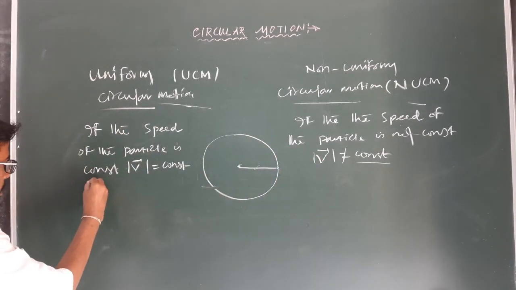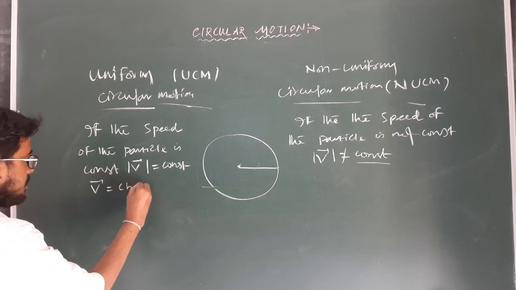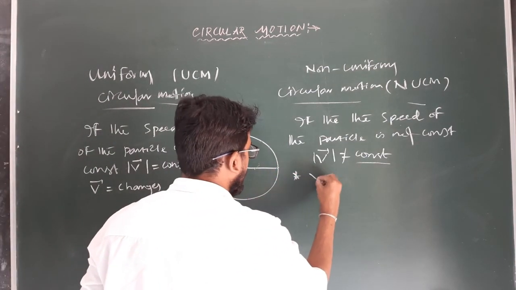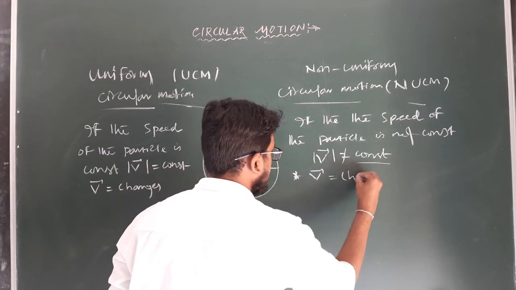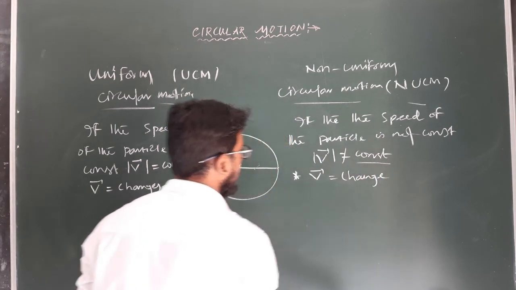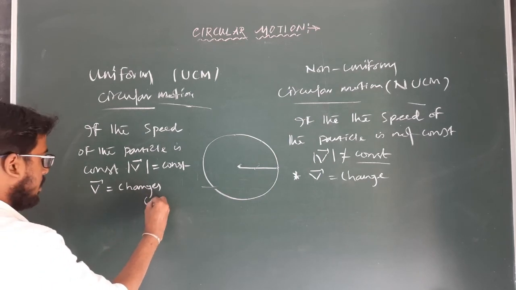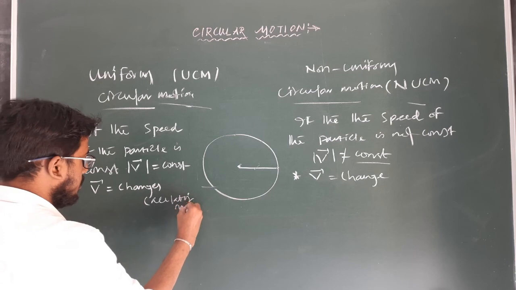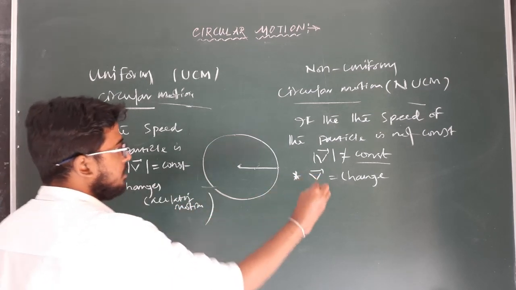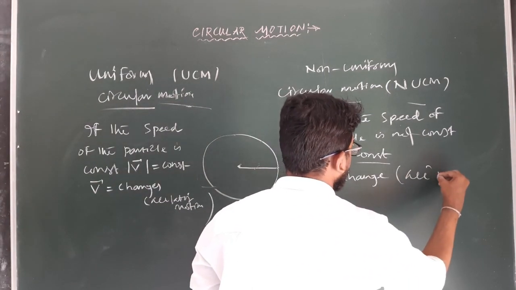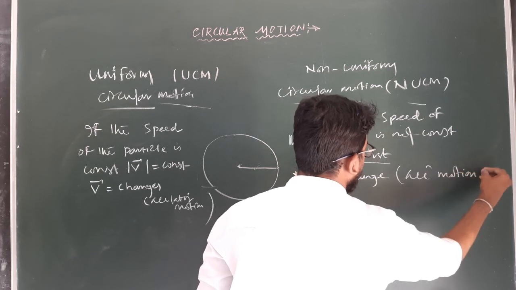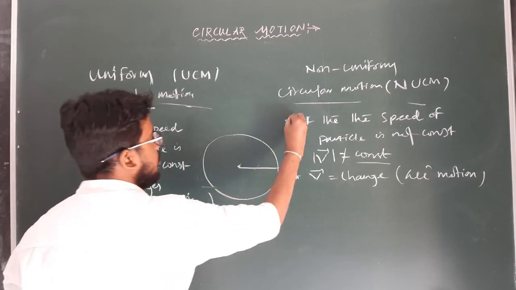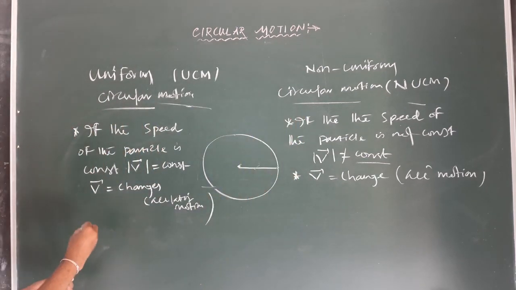So here the v vector changes, and in this case also the velocity vector changes. Okay, so this is also accelerating motion, and this one is also accelerating motion. Okay, you have to remember the points for uniform and non-uniform circular motion. Clear? So the next point,